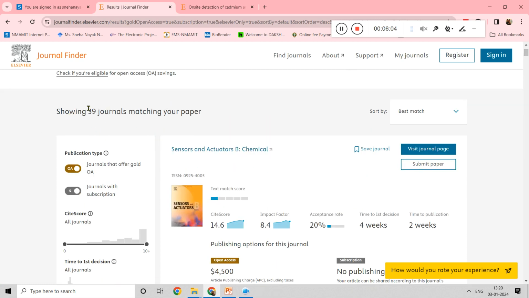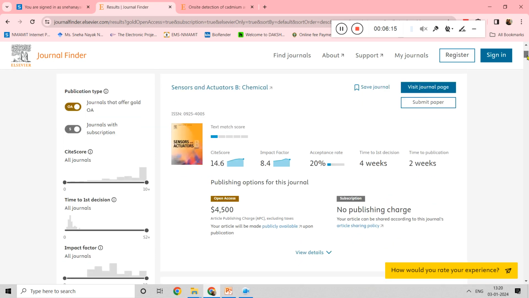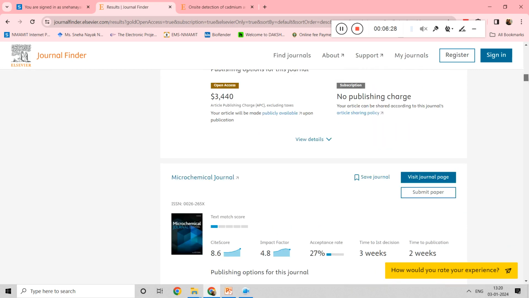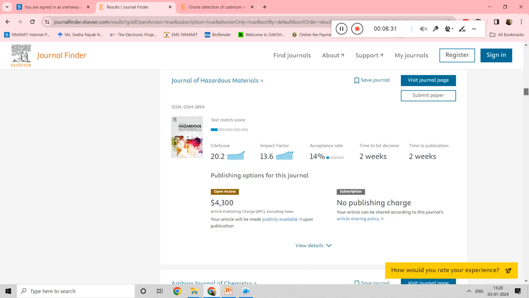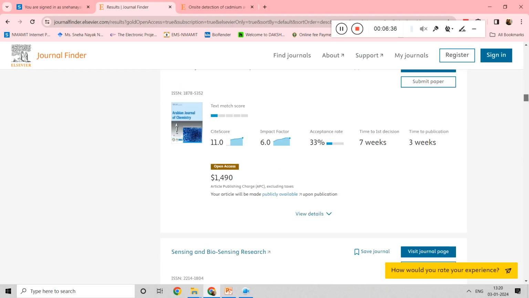Can you see? They have recommended 39 journals now. So 39 Elsevier journals have been recommended by this journal finder. Do you think this will be useful? Definitely yes, right? Now you can screen based on what you want: the journal name, impact factor, acceptance rate, whether subscription mode is there. If you want more details, as I told you, you can click here. In the same way you can go through the list, decide, and make your list ready, so that if one journal rejects your paper, you can think of submitting to the next journal.